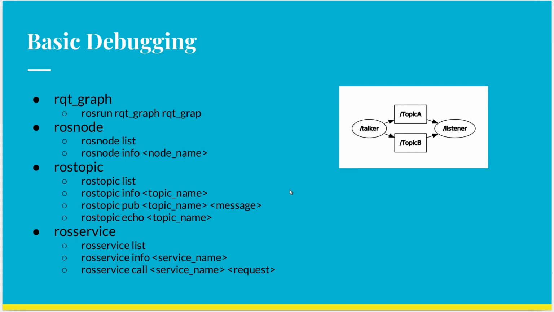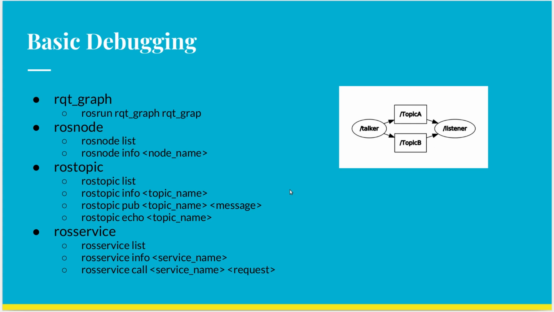These are a few command line tools that can help you understand what is happening in ROS during runtime. RQT Graph is a visualization tool that provides a graph of all the nodes present in the system and how they are connected. The graph it provides looks something like the image on the right. Nodes are represented as circles and the topics that are used to communicate are represented as rectangles. The direction of the arrow shows which node published to a certain topic and which node subscribes to a topic. This tool is helpful to figure out all the errors in communication between nodes in a large system.